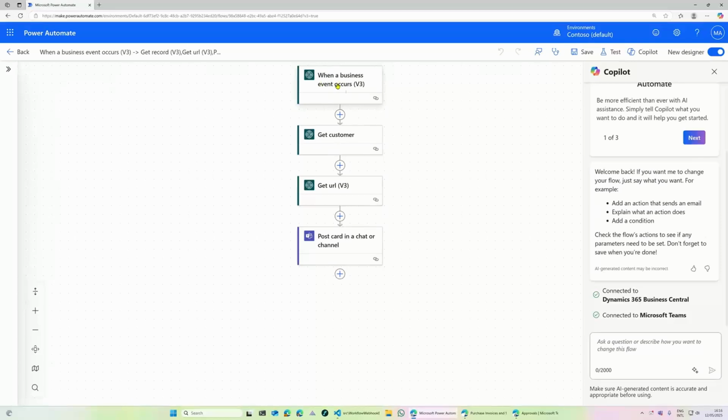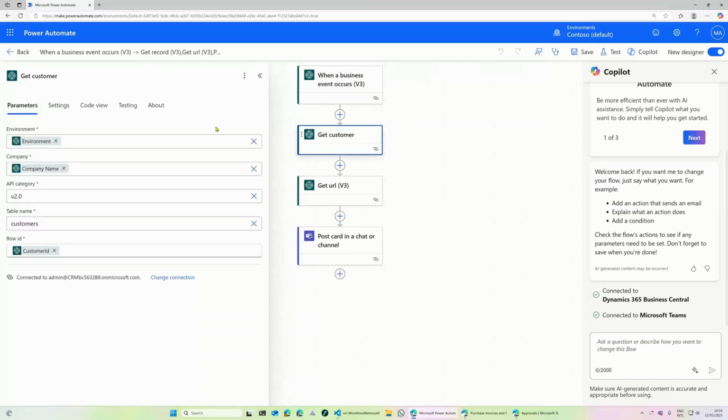So what happens here is there's a trigger when something happens in Business Central. I'm going to call the get customer step. In fact, the get customer step is a step that retrieves customer data from the customer's API. So it's in fact the get a record step.